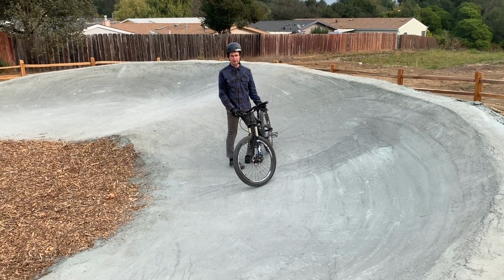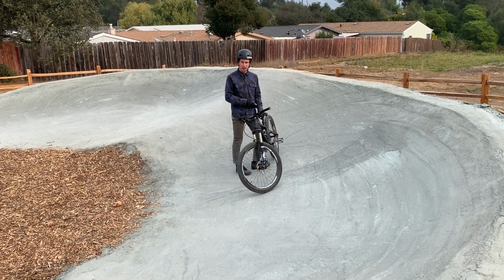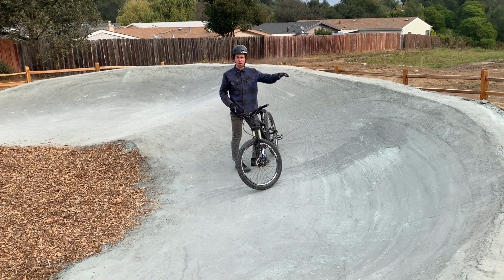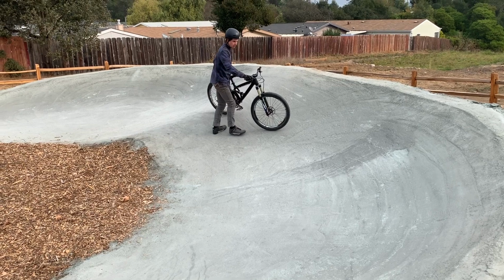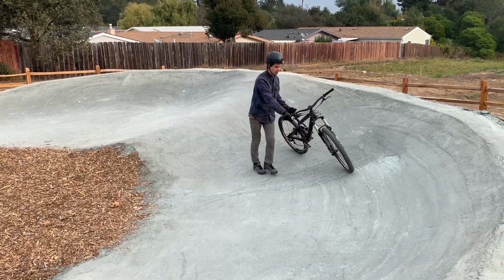So another thing you want to pay attention to is when you get to the berms, you want to hold a line that's consistent through the whole corner. So you don't want to start high and end up at the bottom, and you don't want to start at the beginning of the berm low and end up high where you're almost going to go over the top of it. So the key is when you enter the berm, stay right in the middle, keep your eyes focused on where you want to end up, and keep a consistent line throughout the middle